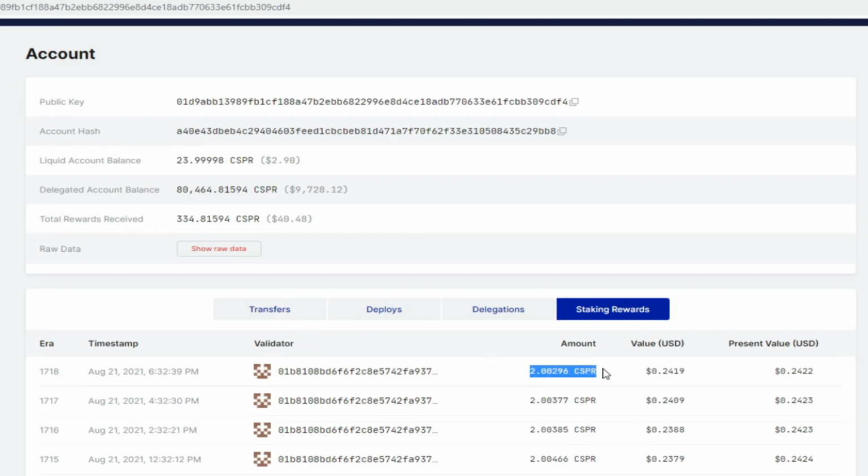I'm earning about 2 Casper every 2 hours, about 26 Casper a day,